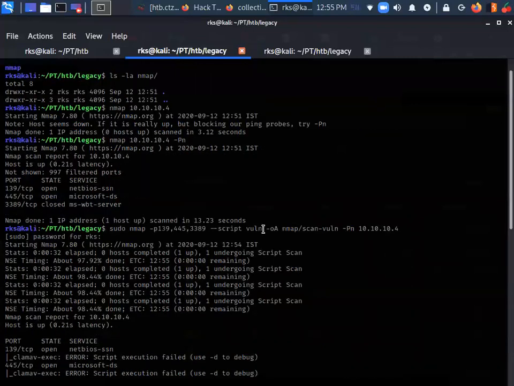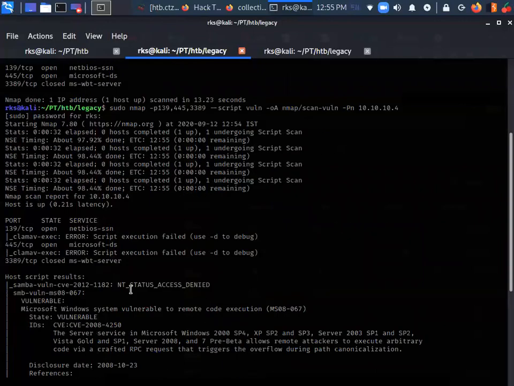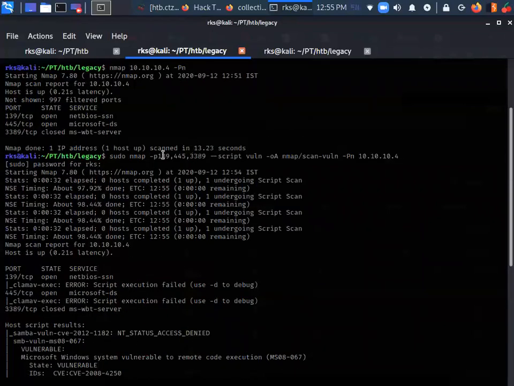I have already elaborated on this vulnerability scanning using Nmap in our previous session. I hope these flags are clear to you now. Scanning all ports? No, we are not scanning all ports. That is -p-. But -oA is your output, saving the output. Here I am using some scripts, NSE scripts, to perform VA.